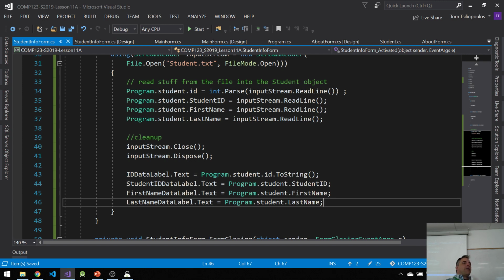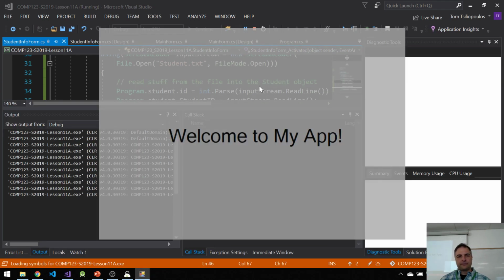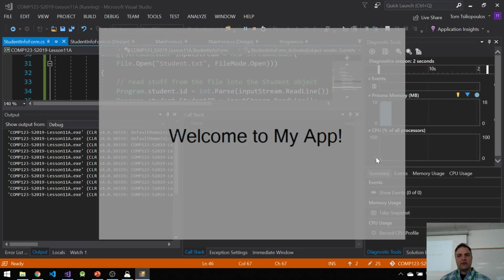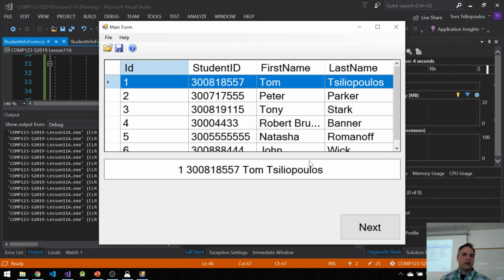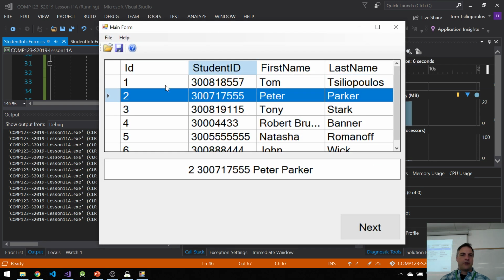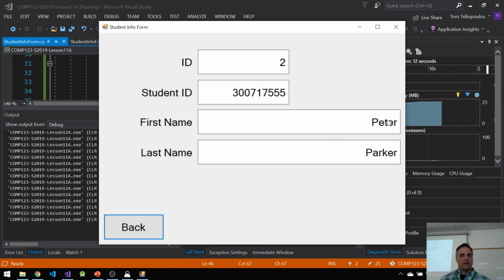works. However, there's a problem with this, and I want to show you the problem and see if you can see it. We're going to fix this next week. But let's start and talk about the problem for one second. I loaded up, and I want to make sure this works. Here it is. I want to save Peter Parker. Save. Great. And if I click next, I'm going to go here, and you see that Peter Parker